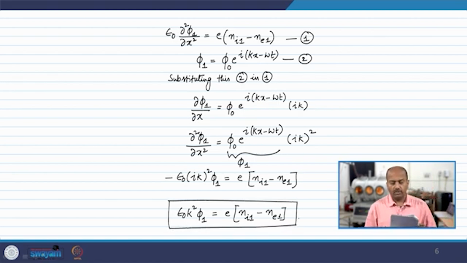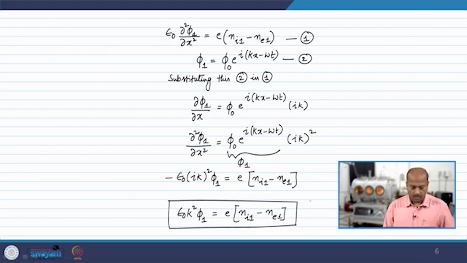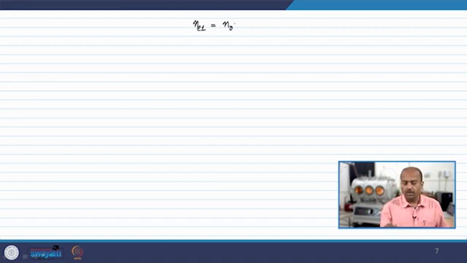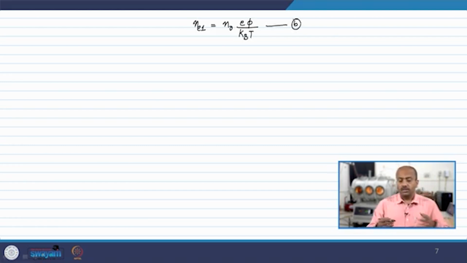This is a very important equation that we are going to use further. So, let us say we call this equation as equation A, and from the last class we need to recall an equation: n e1, the number of perturbed electrons, is equal to the equilibrium number n naught times e phi by kBT. Let us call this equation B. This resulted from approximating the exponential, saying that e phi will be much less than kBT. So, using